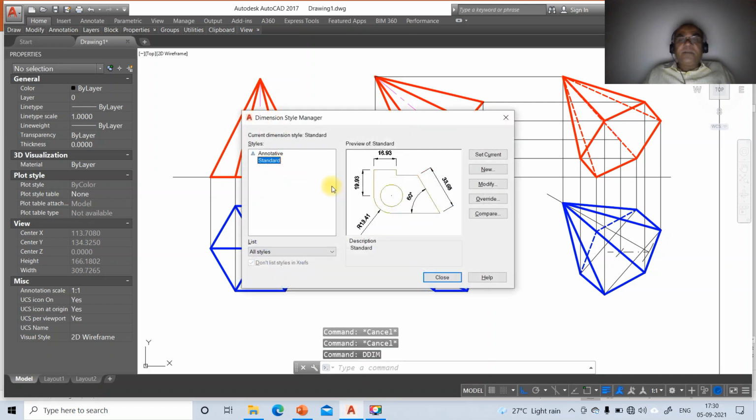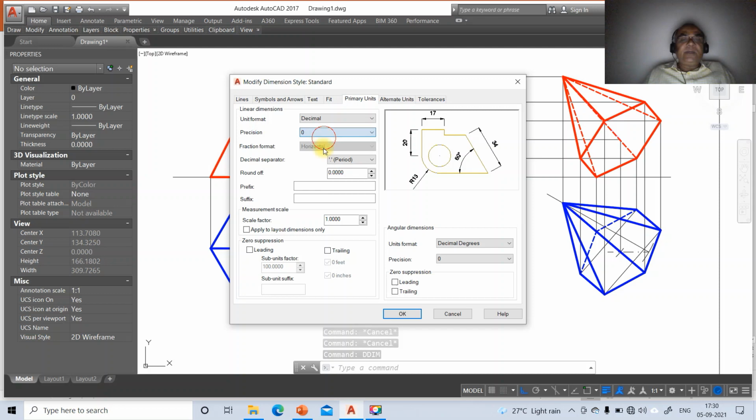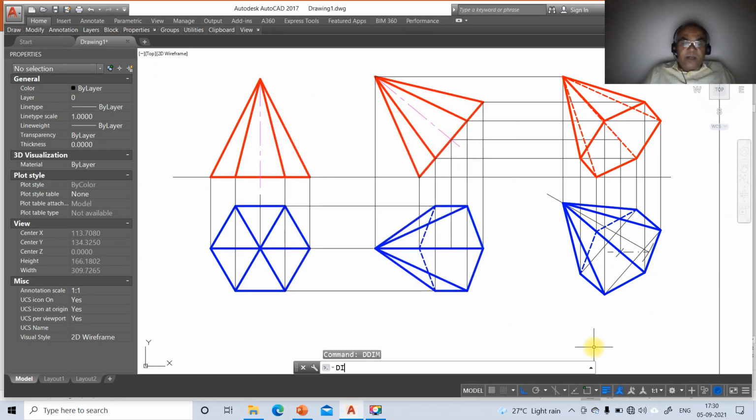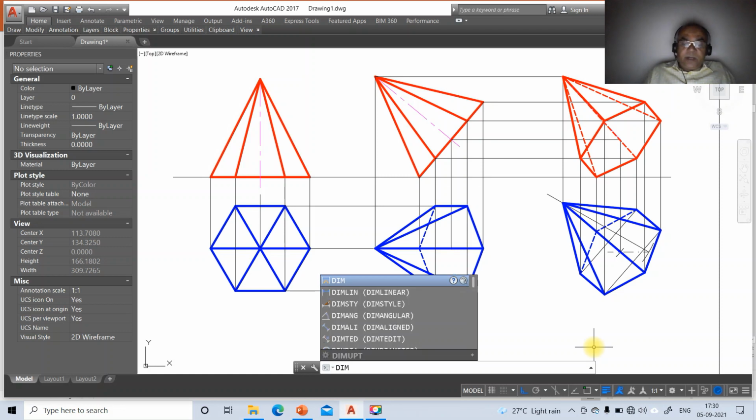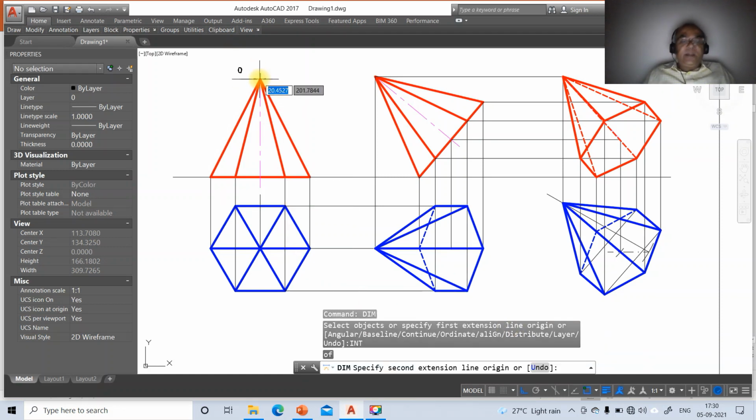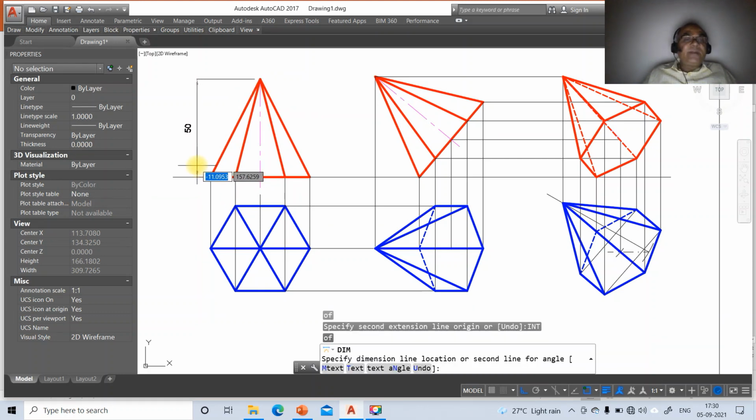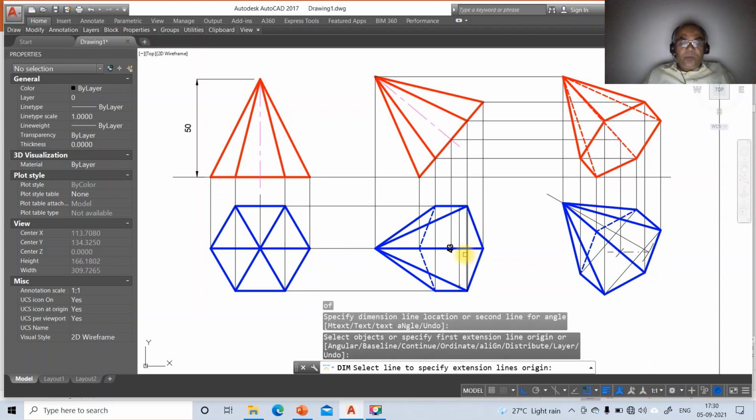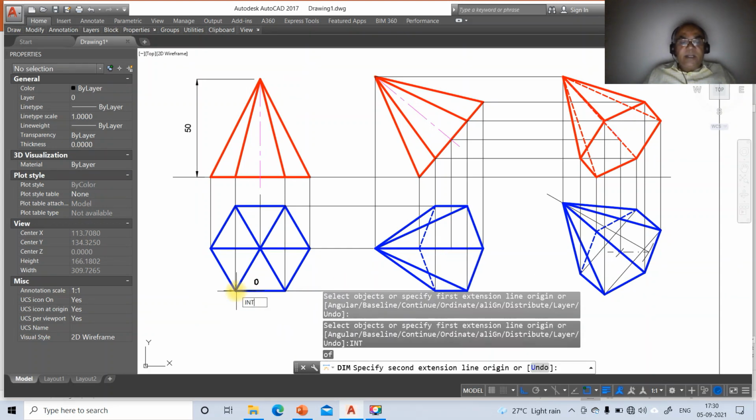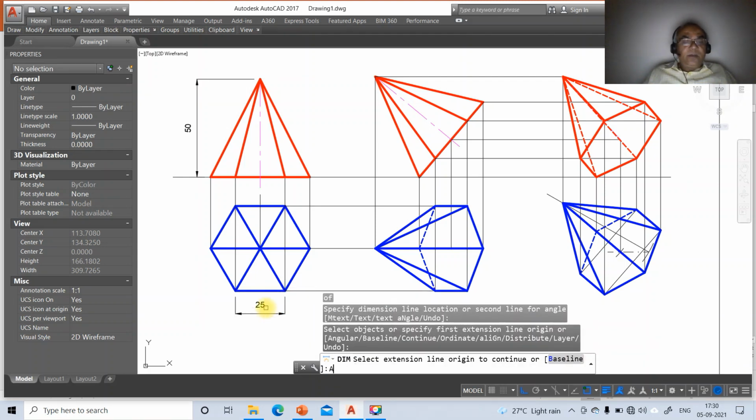Now you just go to modify, go to primary units, make it as 0 and say OK and say close. Now we go for dim, take intersection part of this and you take int of this, so you're going to get 50, then go to intersection part of this and take int of this, so you're going to get it as 25, then go to